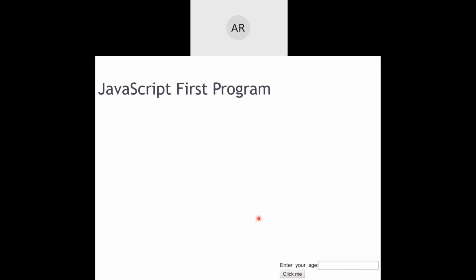So for that purpose, what do I need to do? First, where do we use our JavaScript? We'll use it in HTML programs. We can even execute JavaScript programs separately, individually also. That's why it is called a script. But we'll usually embed it into HTML programs so that it becomes very easy for us to understand, to include some functionalities into our web pages.